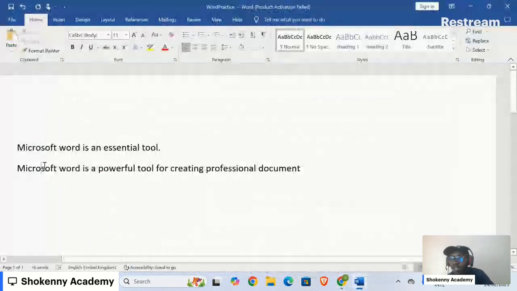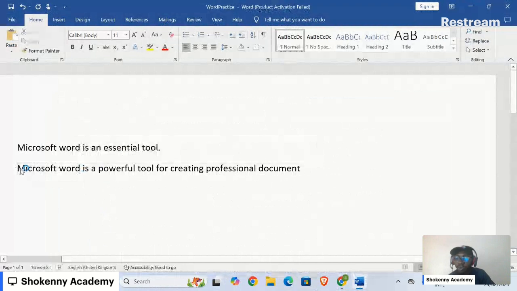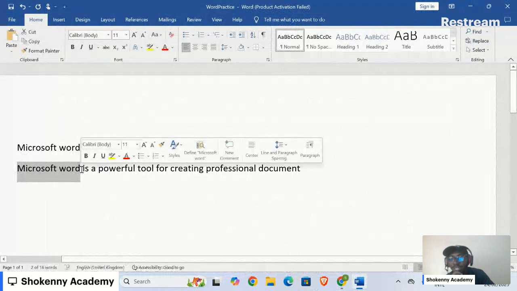So I'm going to select Microsoft Word. Now the way to select is you bring your cursor. Your cursor is this blinking guy, I call it blinking guy. And you left click, take your mouse, and drag to where you have Microsoft Word, just like we have in the instruction, and it will bring out